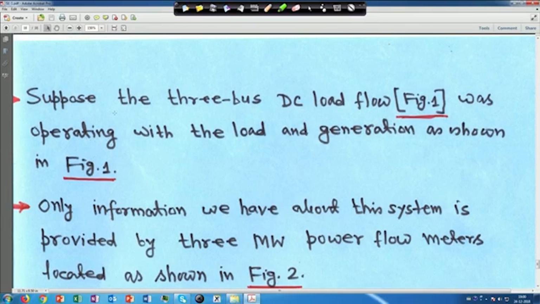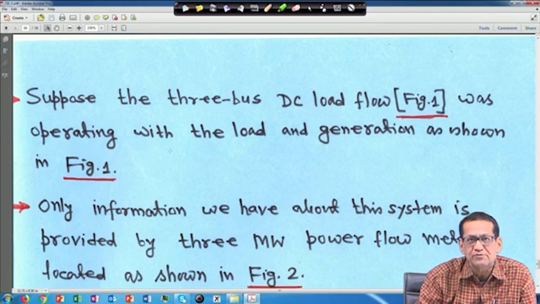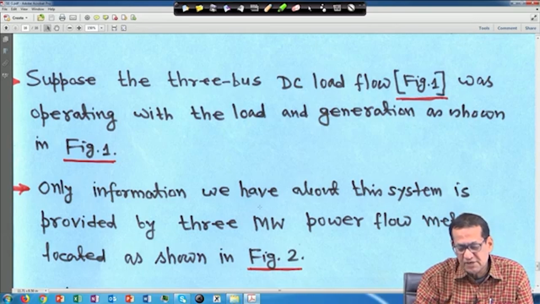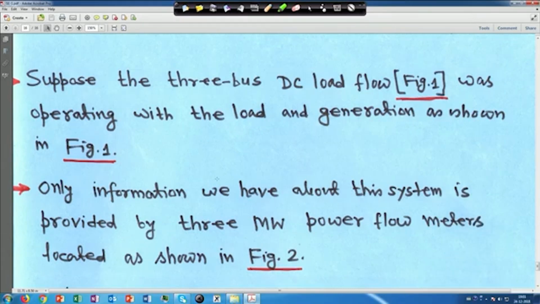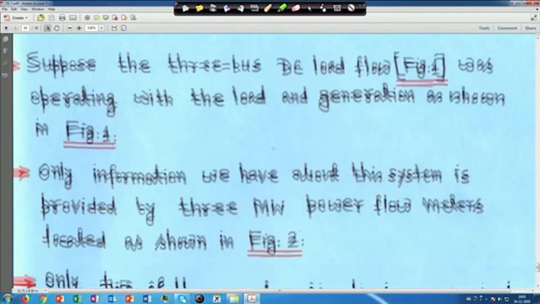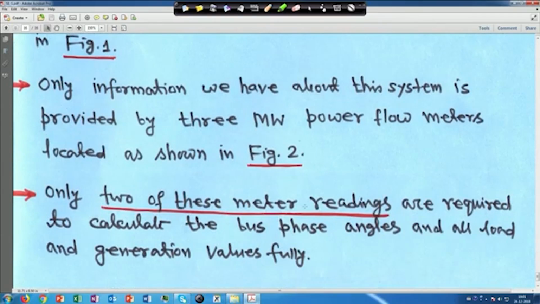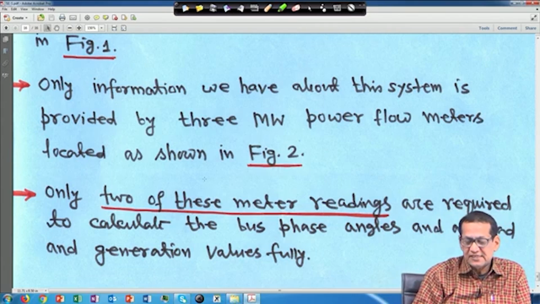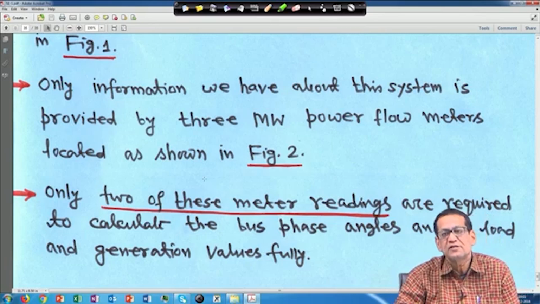Suppose that the 3 bus DC load flow was operating with the load and generation as shown in figure 1, which I showed you. Now, the only information we have about this system is provided by 3 megawatt power flow meters located as shown in figure 2. Although only two of these meter readings are required to calculate the bus phase angles and all load and generation values fully,